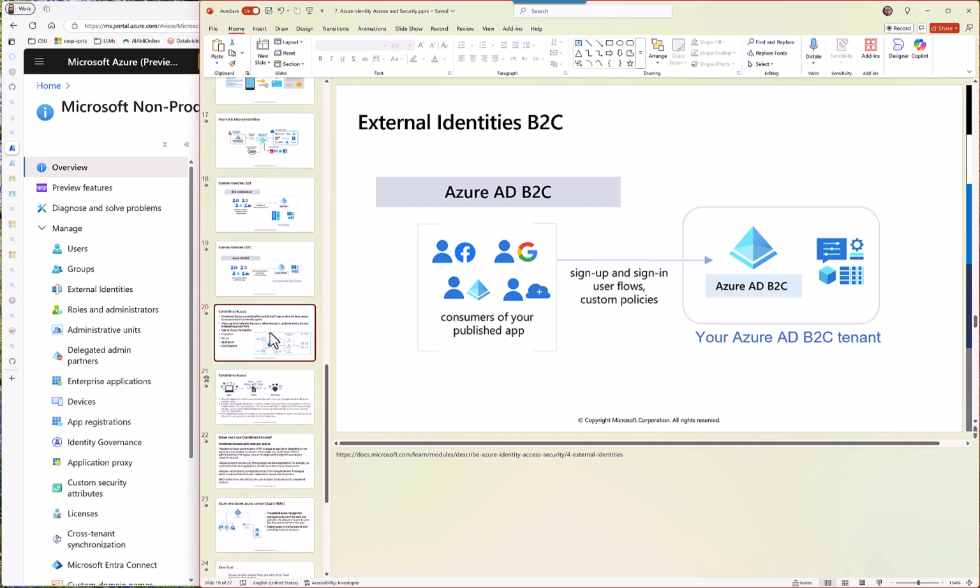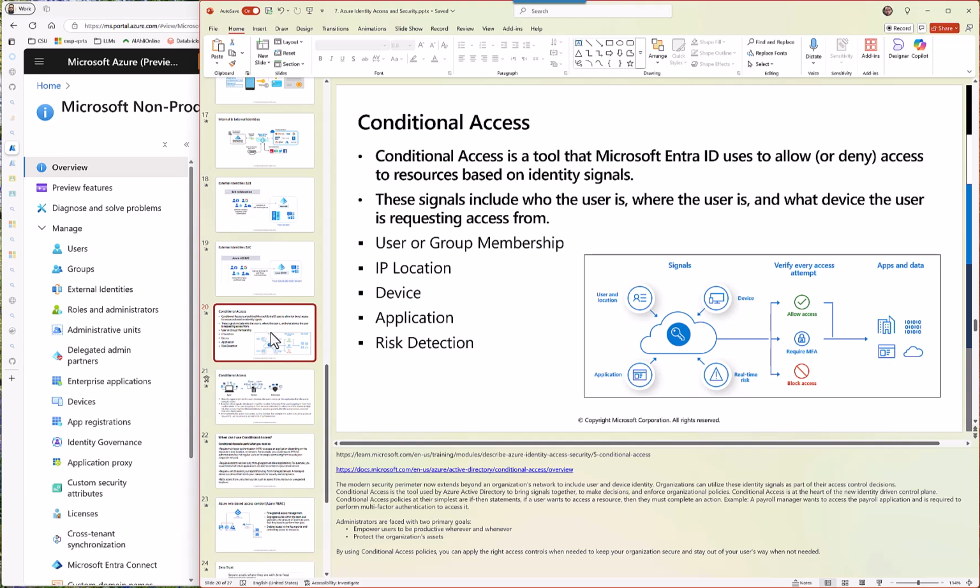It's very critical. Conditional access is: yes, you're authorized, yes, you are authenticated, but it uses other factors to see whether you're allowed or not. आपकी certain group membership है, IP location है, किस device से आप कर रहे हो, किस application में कर रहे हो, and various different factors it can do, and it can see whether it can allow or deny you, even though you are authenticated already. Okay, so it's a different level of access.